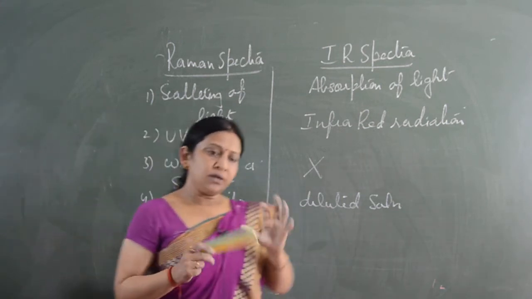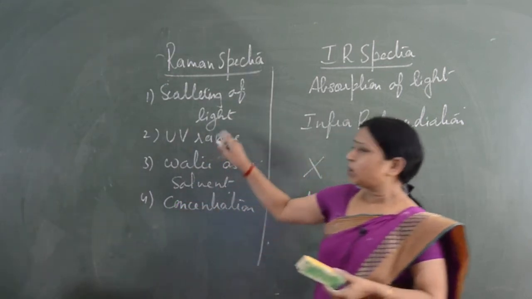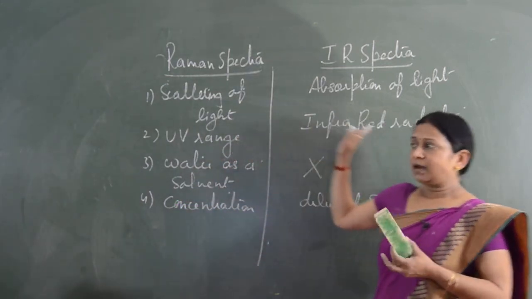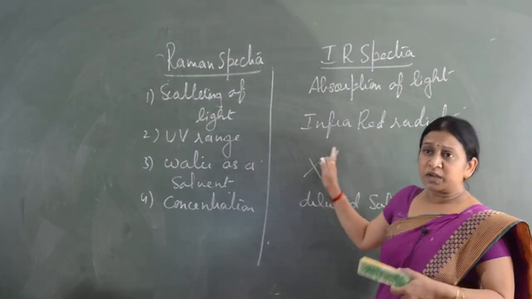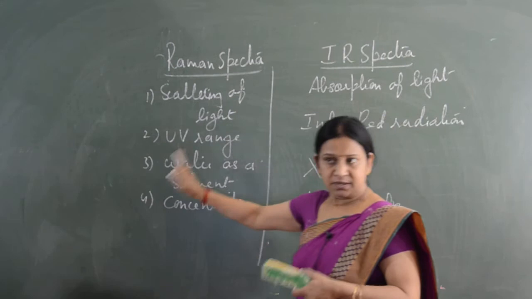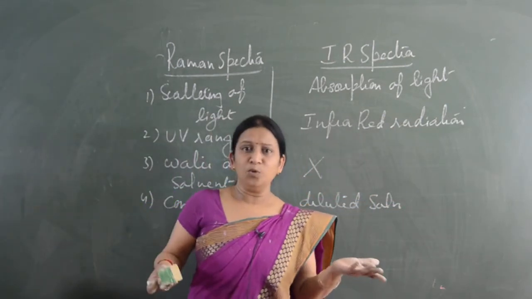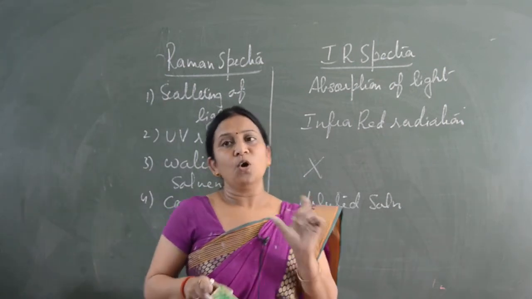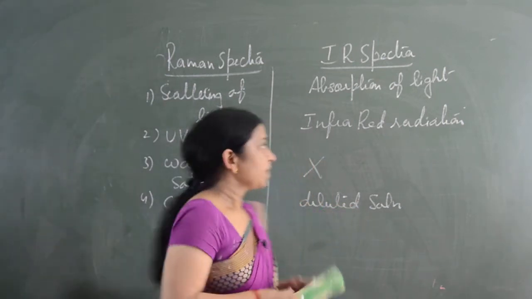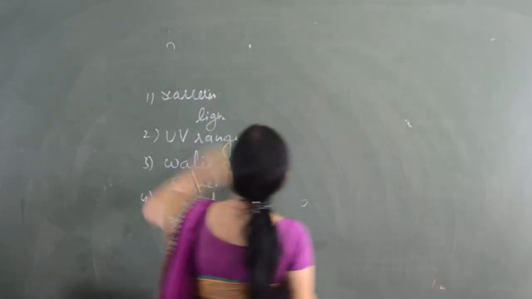And if we talk in terms of dipole moment and polarizability, then here the requirement is polarizability and here the requirement is dipole moment. And dipole moment is the measure of polarizability. So a molecule may not have dipole moment, but it will have polarizability. That is known as rule of mutual exclusion. So to discuss the rule of mutual exclusion,